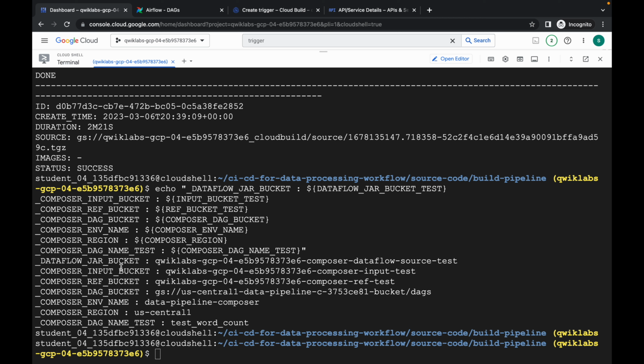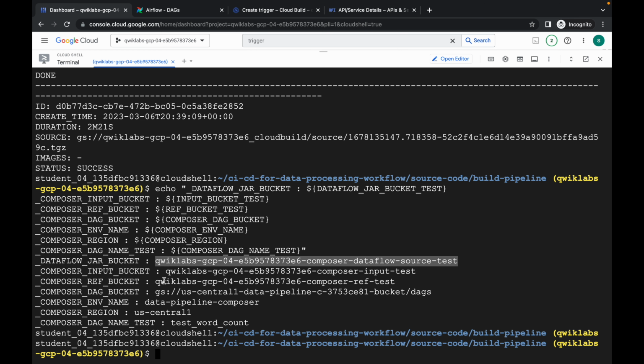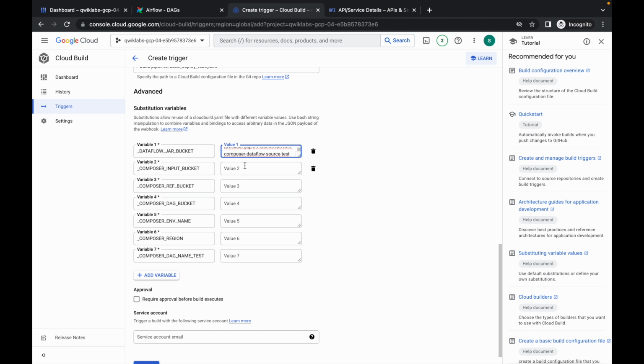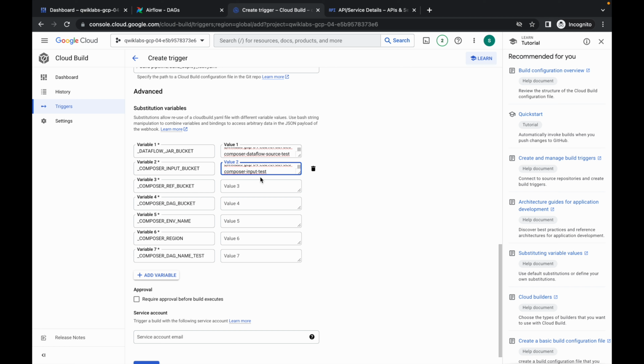So for the jar bucket, copy this. Make sure that you do not copy any extra space, otherwise you will face an issue. Just copy it and paste it in the data flow jar bucket. Now for the input bucket, copy this from the terminal, go here, and paste it over here. For the reference bucket, go to your terminal, copy this carefully, go to your trigger, and paste. For the DAG bucket,